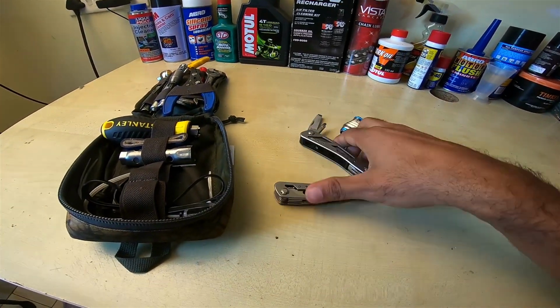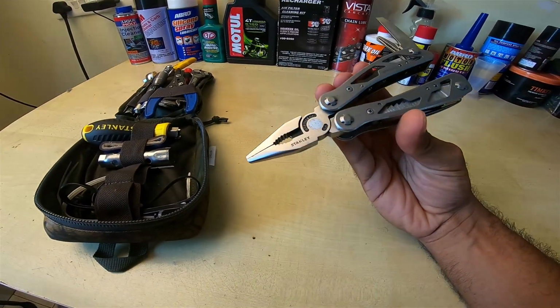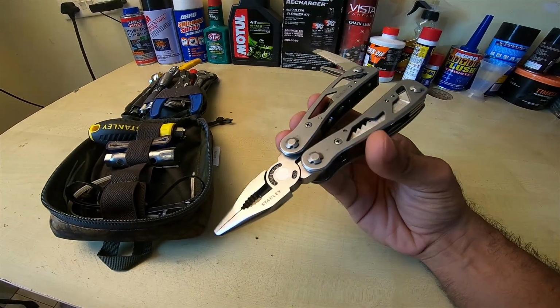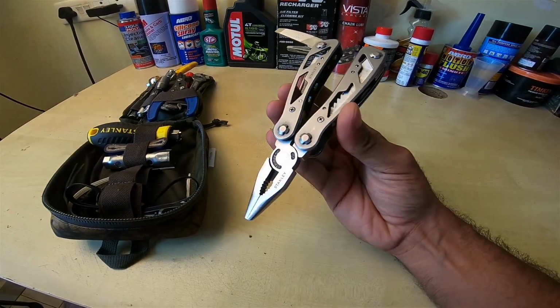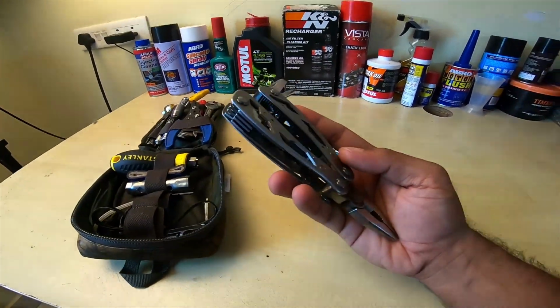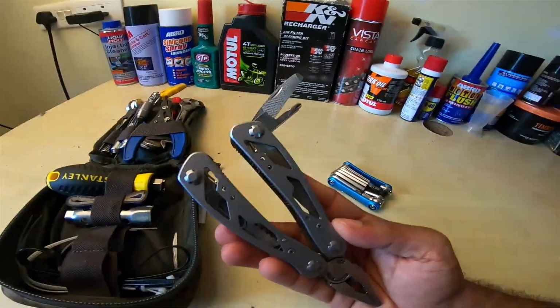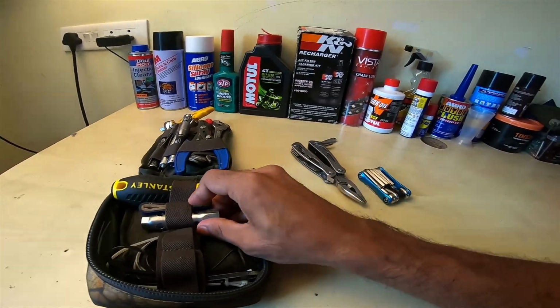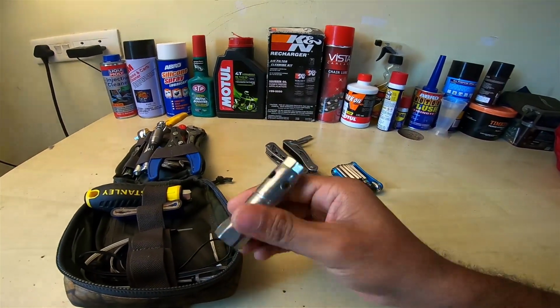Very nice multi-purpose tool. Very well made, well put up by Stanley, and solid piece of equipment. I've used this on multiple occasions. It's held up really well. Nothing wrong with it. So that's the Stanley. My spark plug adapter,